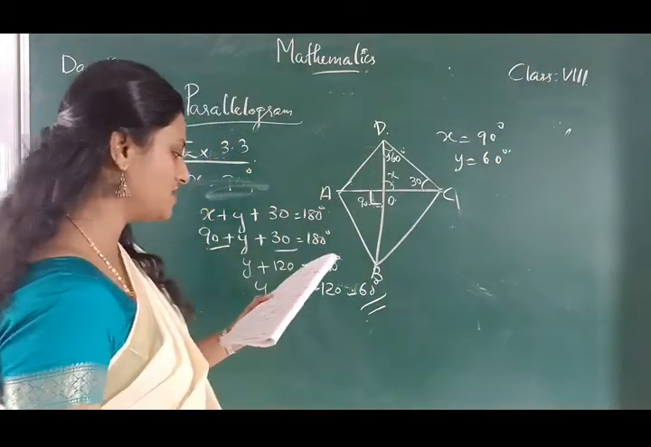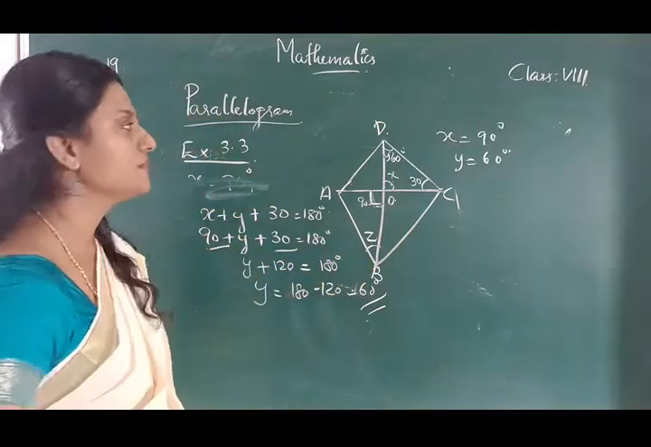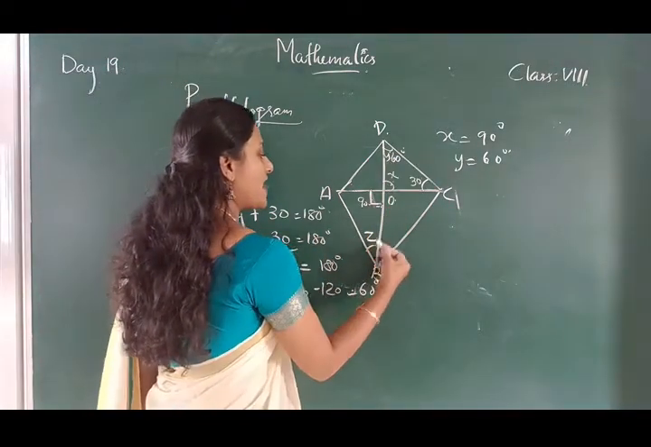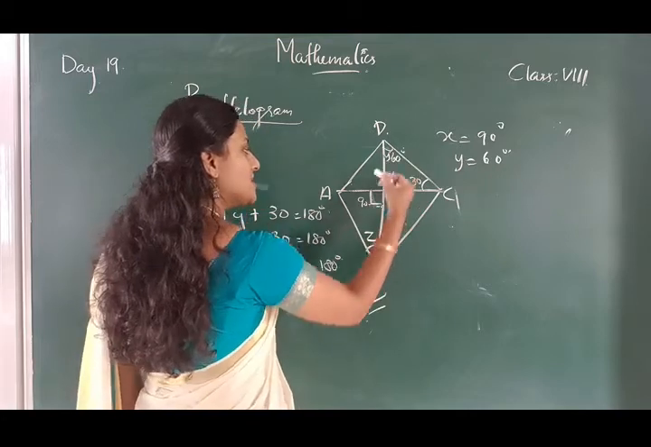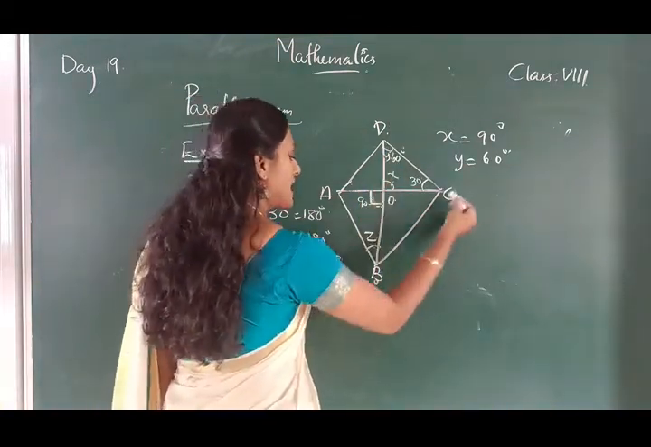Next you have to find Z. Now this is the angle Z. Now listen here, this Y and Z are the alternate interior angles of this transversal cutting the two parallel lines